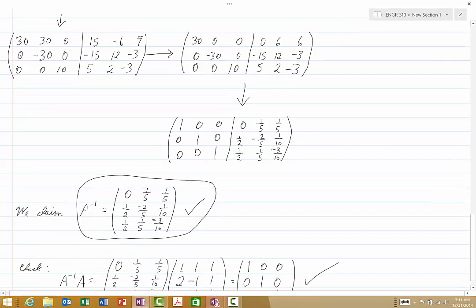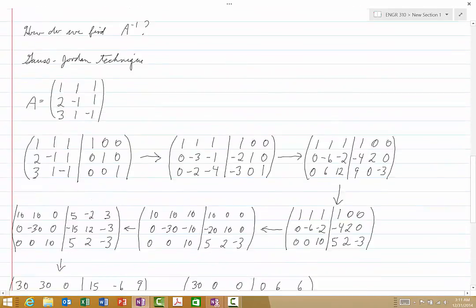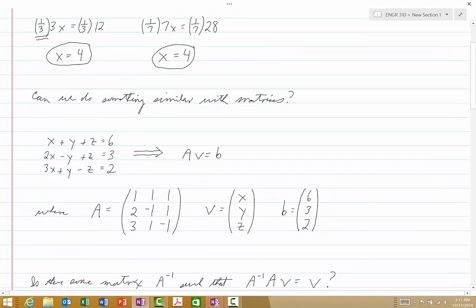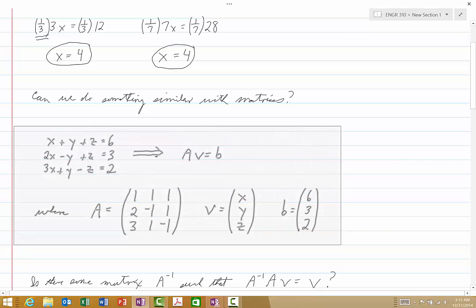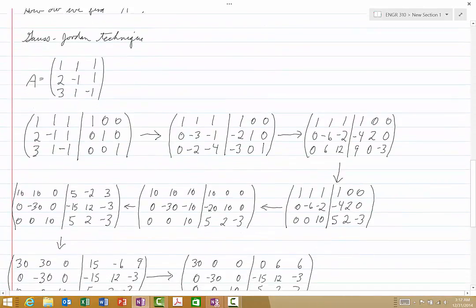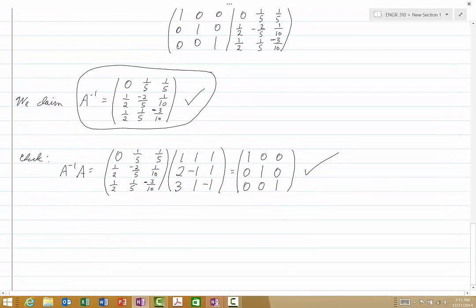And we can finish this up now by seeing how we would use that for our system of equations. Remember, we had AV is equal to B, where this is A, this is V, and this is B. Okay, I'll just copy all of this, and we'll see how we can use the work we've just done. So if we come down here and paste it,